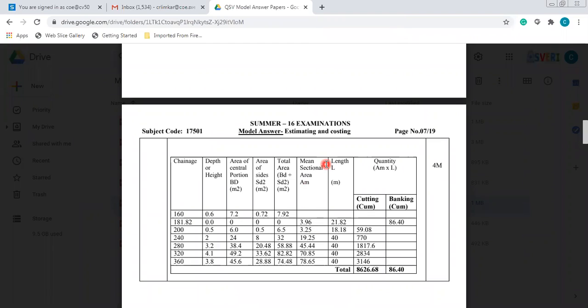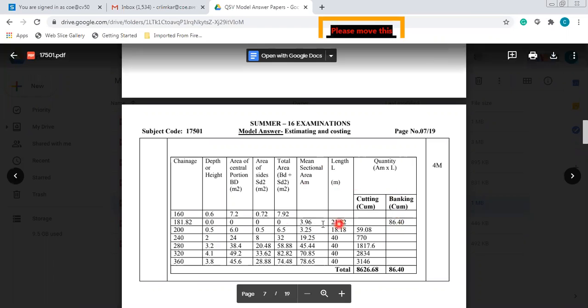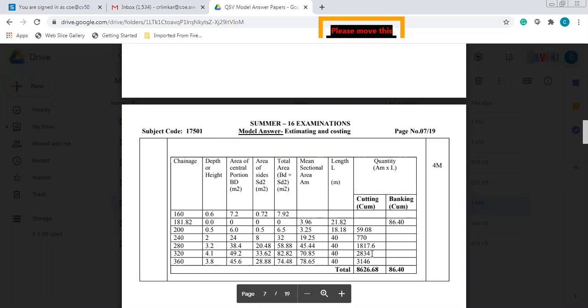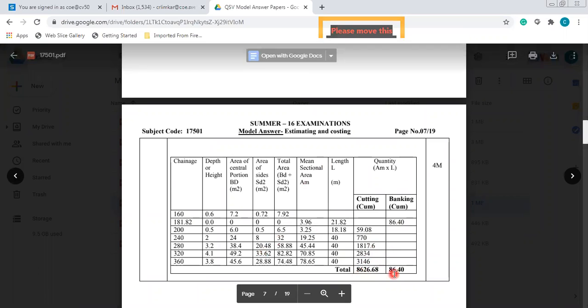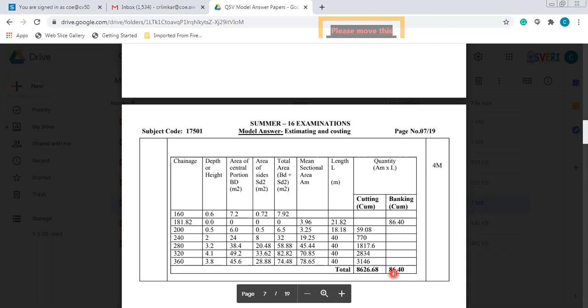column number 6 multiplied by column number 7, you will get the values of the section which is in embankment, and the section which is in cutting. The plus sign indicates the section is in embankment, and the negative sign for the depth indicates the cutting portion, and here we have calculated these values. Now you can cross check your values whether you have the correct answer or not. So you can note down this particular problem.